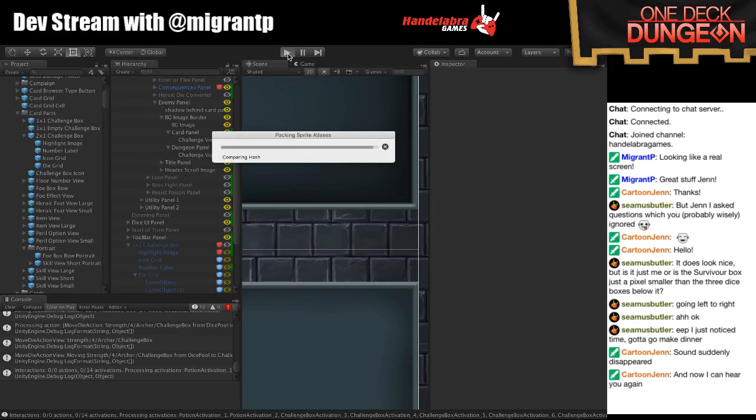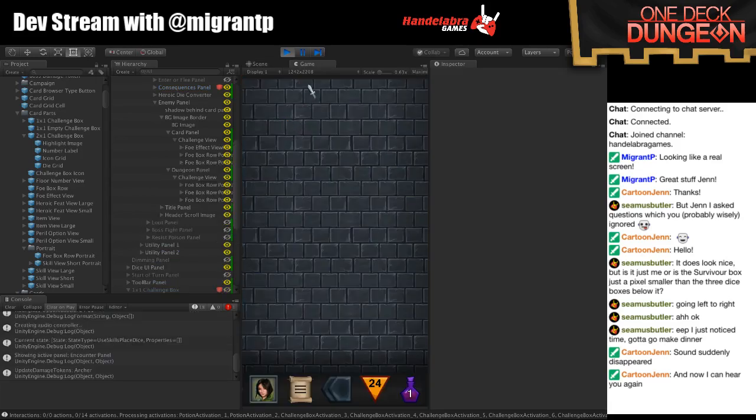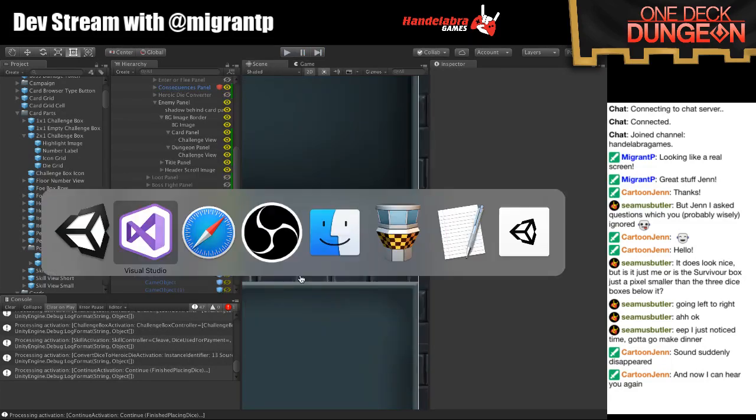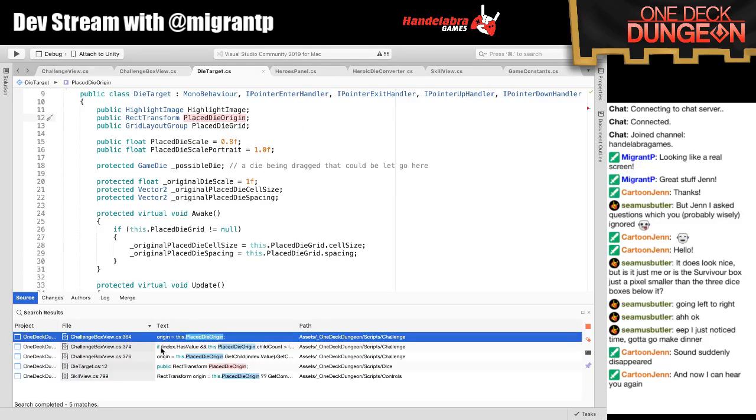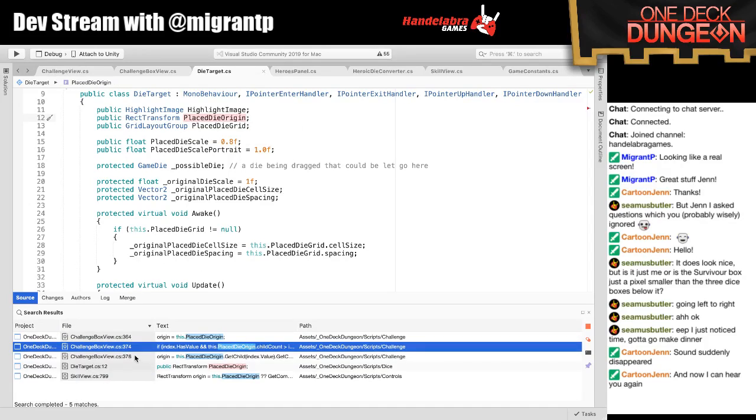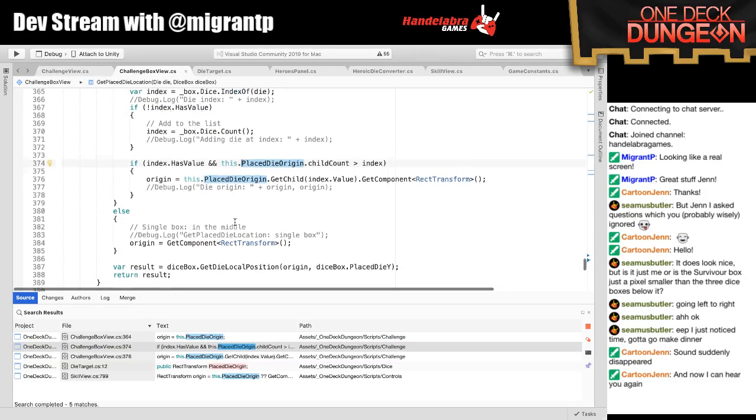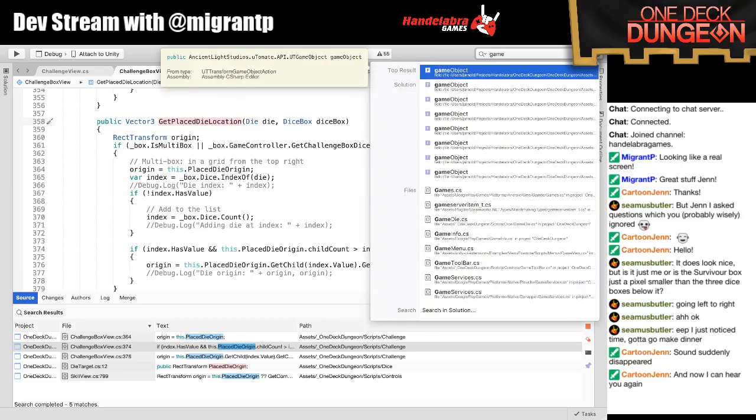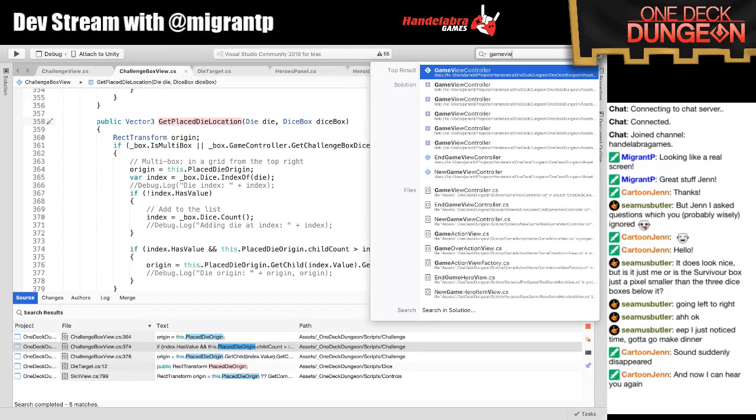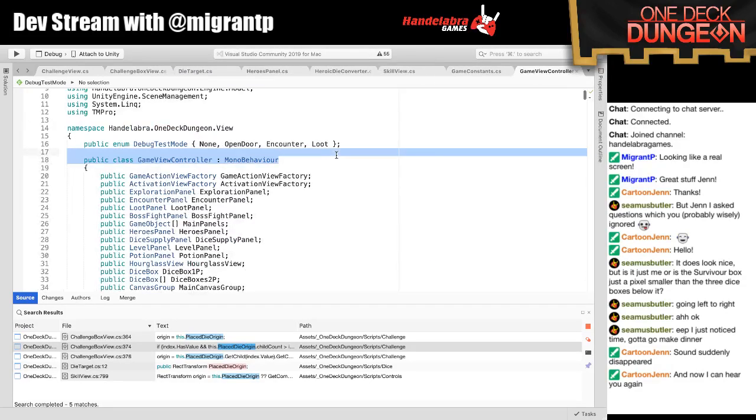You know what it is? They're getting put there before that adjustment happens. That's what's going on. If we look at the place die origin, there's this method called get place die location, which the dice box, which controls the dice, is calling, and it's putting the dice there before the layout is finished. When the game is running, it's fine, so it's only when we're loading the game. So we need to basically allow that to lay out before